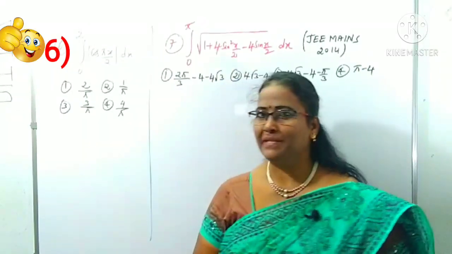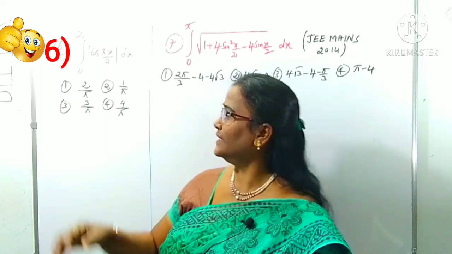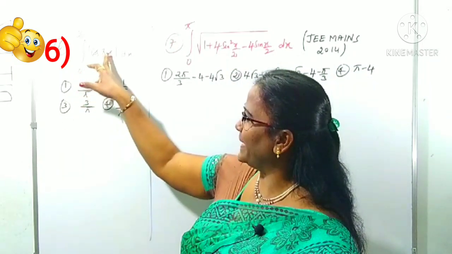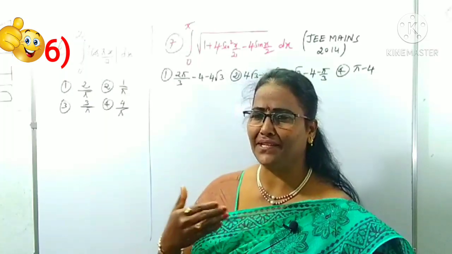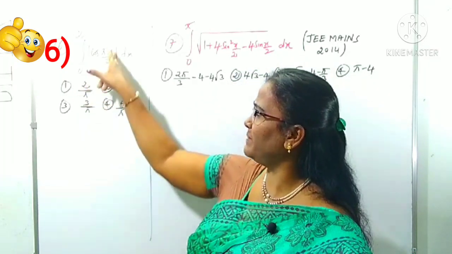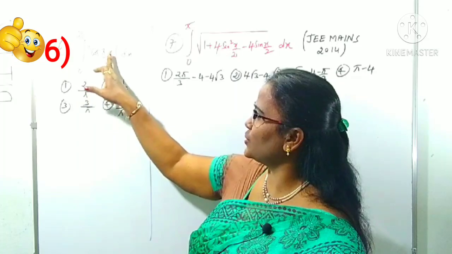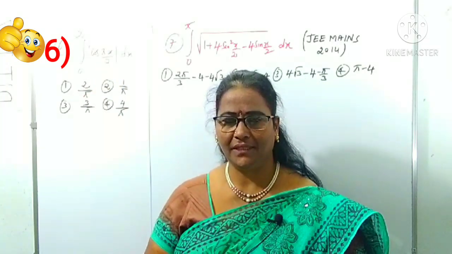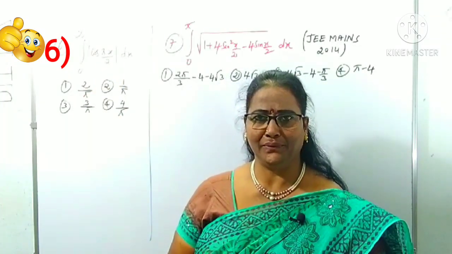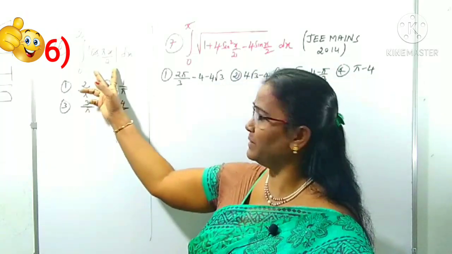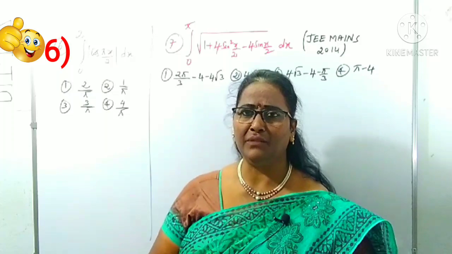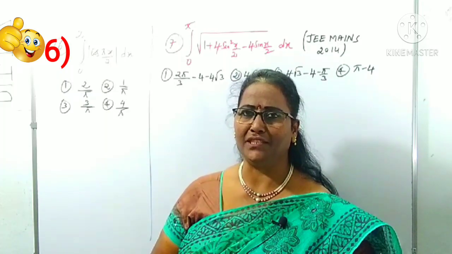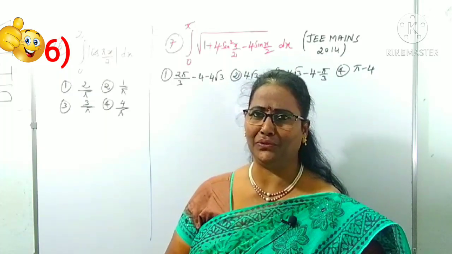Now look at question number 6. What is given here? The integral of mod of cos pi x by 2 between the limits 0 to 2. As usual, same. For what value of x does it become 0? If we take x equal to 1, what happened? Yes, cos pi by 2 is clearly 0. It becomes 0 when x is equal to 1. Is there a 1 between 0 to 2? Yes, 100% there is a 1 between 0 to 2.